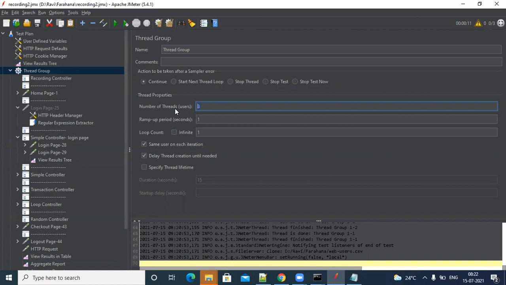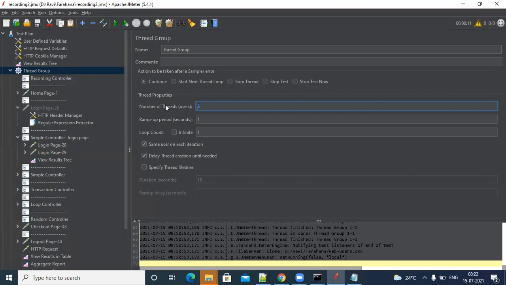Suppose my requirement is 10 users and I have 100 rows, so I will take only 10 because I want to run 10 users. But if you have 100 users and you have 10 records, then we have to use the existing records only.